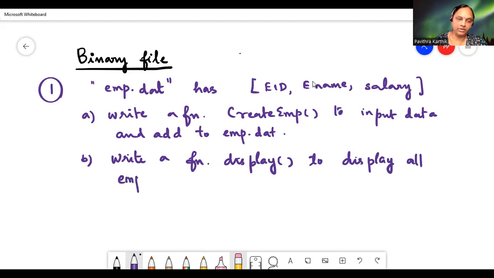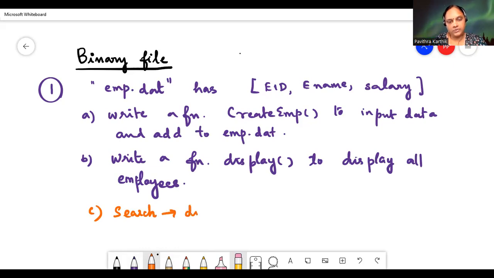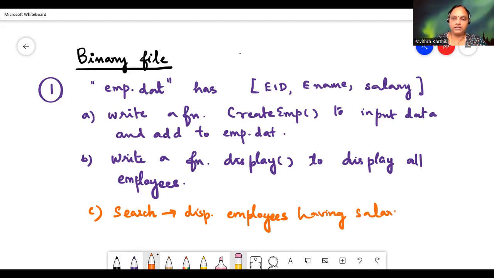First we can do that program. Now, in this itself, I will show you one subpart, a search kind of function wherein you display employees having salary greater than